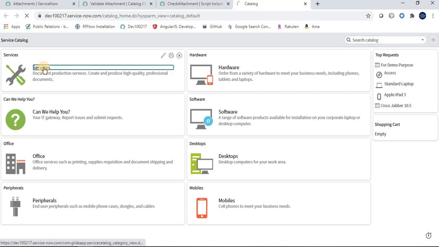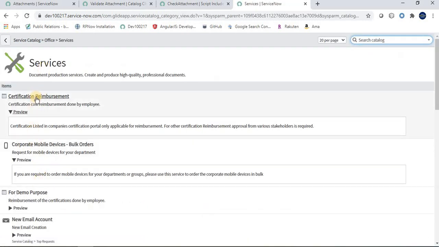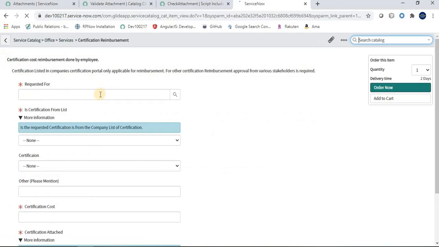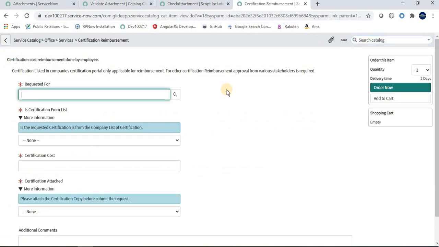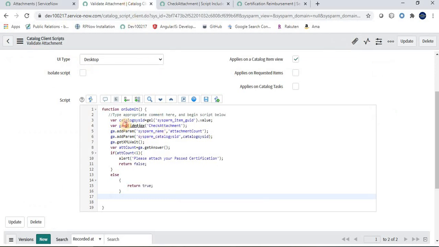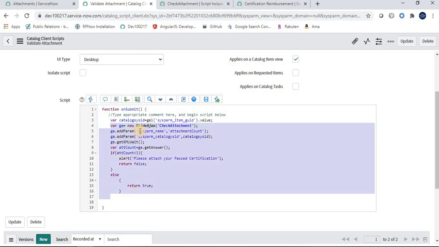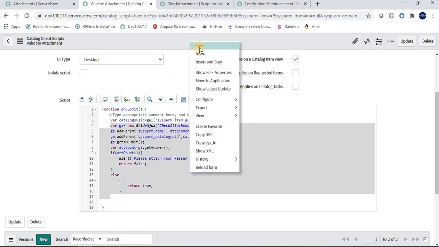Then under services, we have the certification reimbursement. Click over here. Before we start filling this form, I think I have missed something in the catalog client script while defining this. I have to give new over here. This is the proper way to define Glide Ajax. So I missed it at that time. Okay, then save it.